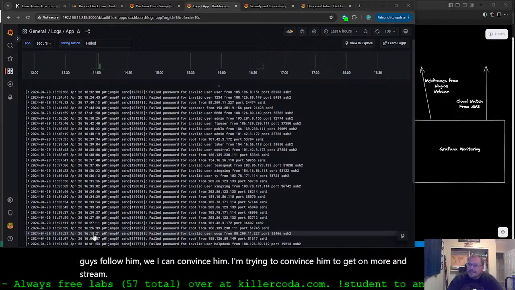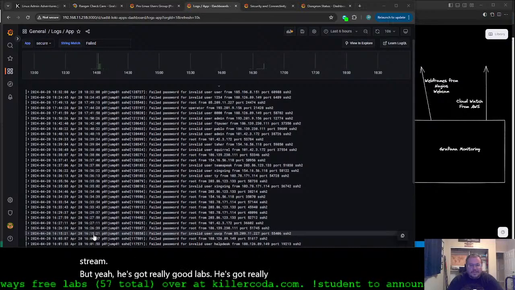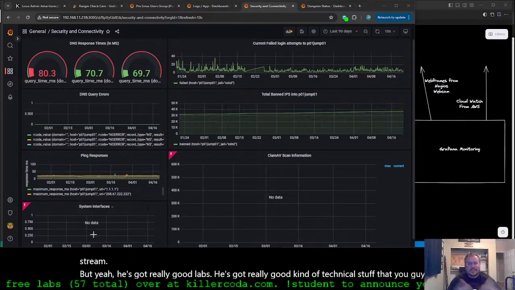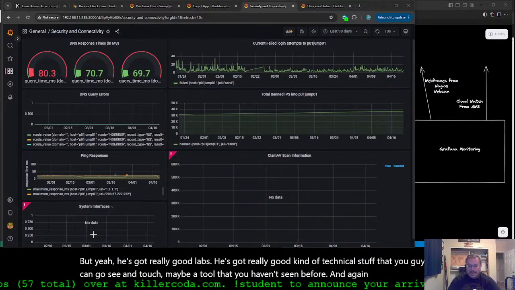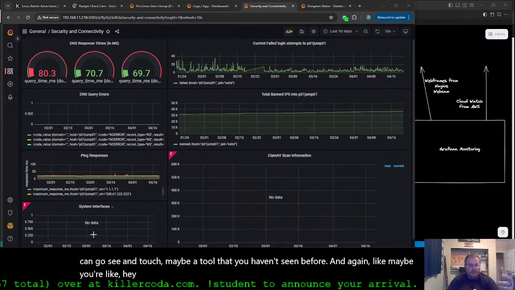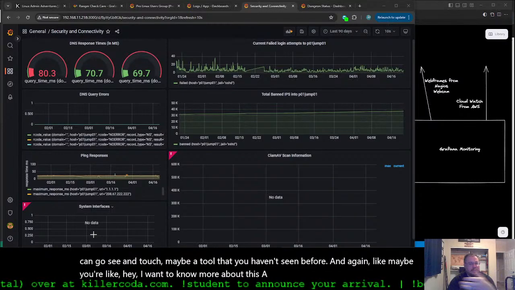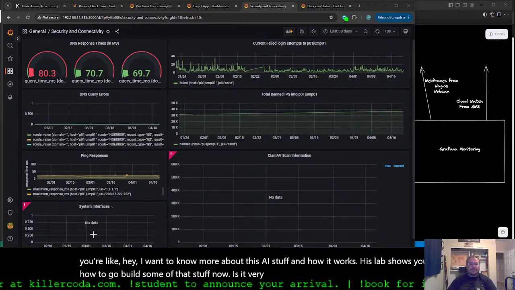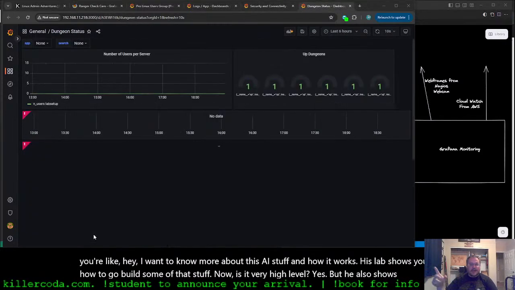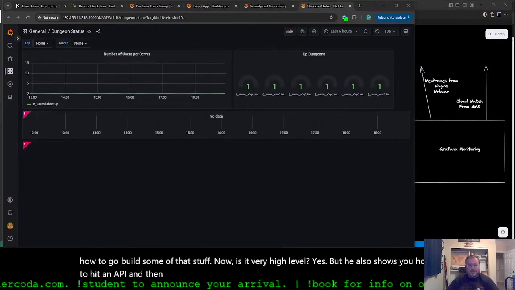But yeah, he's got really good labs. He's got really good technical stuff that you guys can go see and touch. Maybe a tool that you haven't seen before. And maybe you're like, hey, I want to know more about this AI stuff and how it works. His lab shows you how to go build some of that stuff. Now, is it very high level? Yes, but he also shows you how to hit an API. And then after you hit the API in his lab,